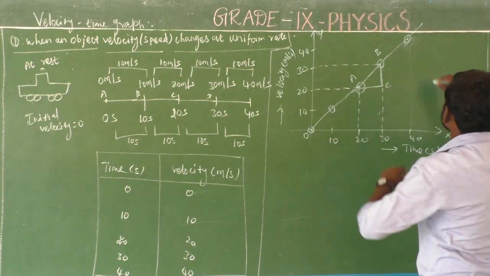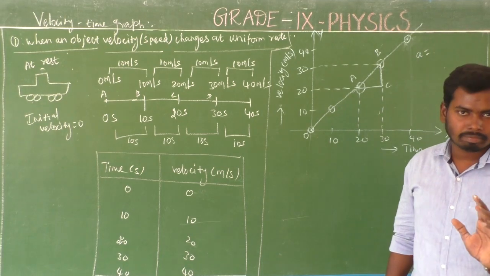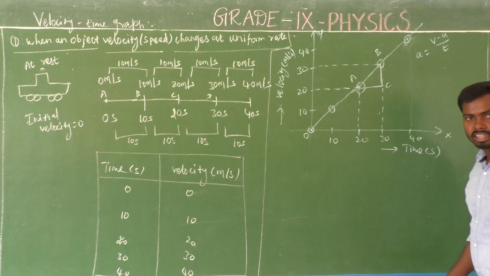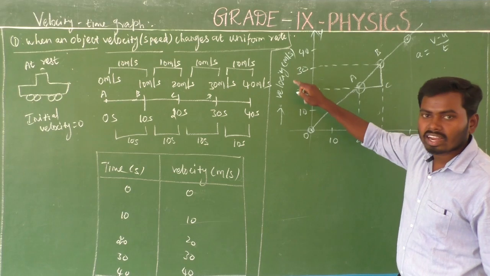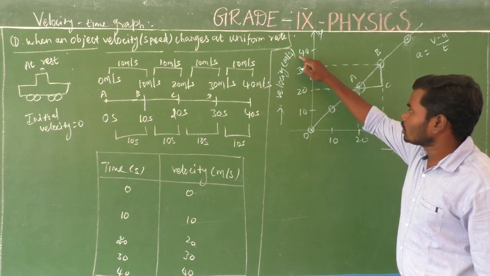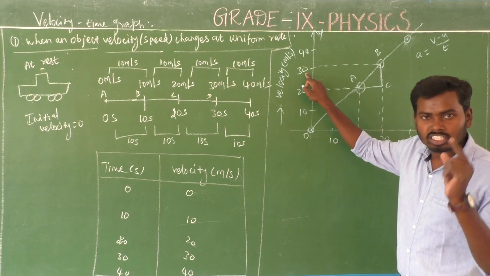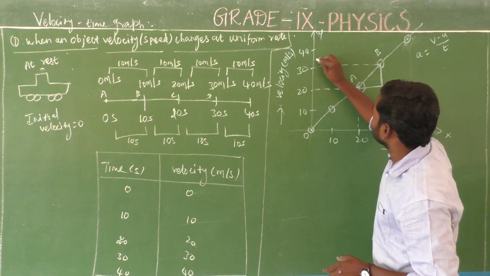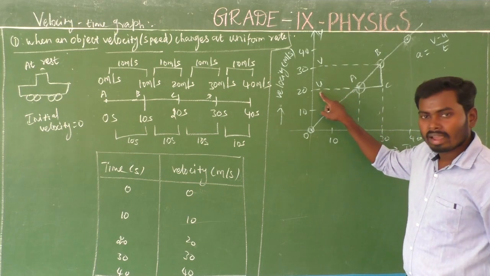Look at here, what is acceleration? Final velocity minus initial velocity divided by time. That is acceleration. Am I right? Yes. So (v minus u) divided by t, that is acceleration. Here, which is the final velocity, which is the initial velocity. Time is taken along the x-axis and velocity is taken along the y-axis. Here, 30 meters per second is the final velocity, and 20 meters per second is the initial velocity. So this is v and this is u. V is the final velocity, u is the initial velocity.